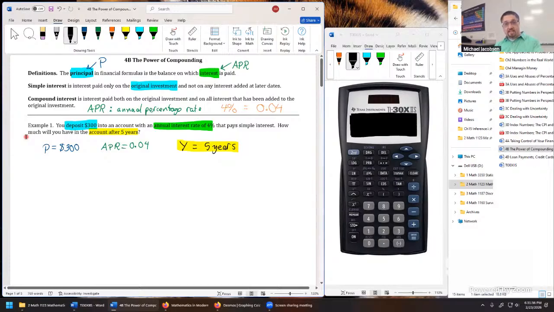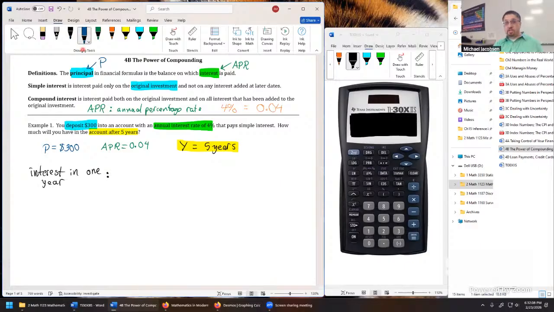Okay, the problem is asking us how much is going to be in this account, assuming we're not making any withdrawals, we're not making any further deposits. How much will we expect to have in 5 years, but earning simple interest? First thing we can look into is just what is the interest in 1 year and multiply it by 5. So we can say interest in 1 year is going to be take the principal amount, P, multiply it by the APR,